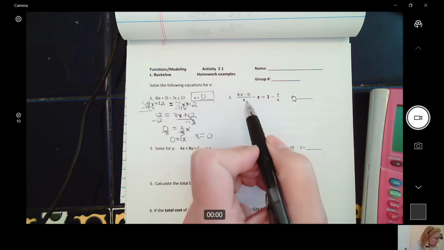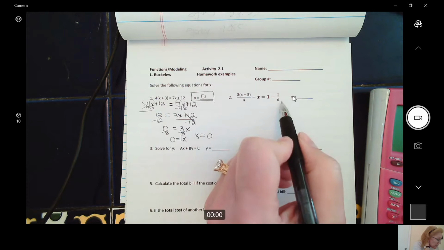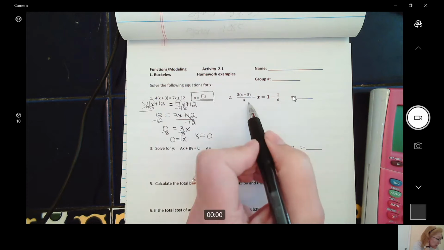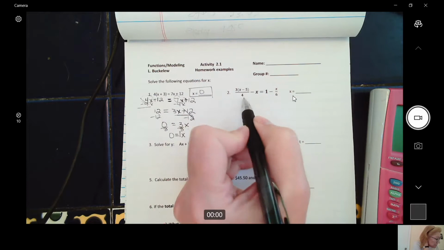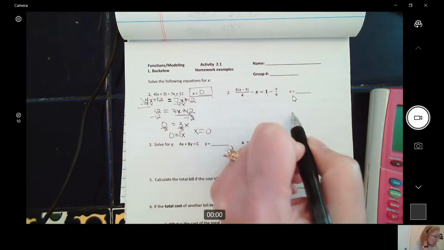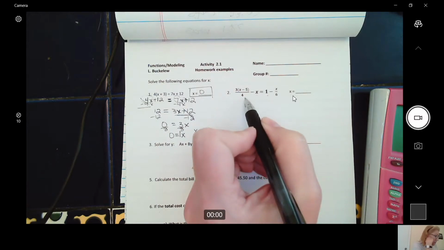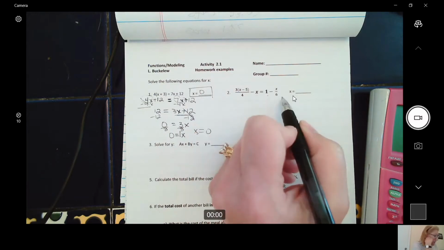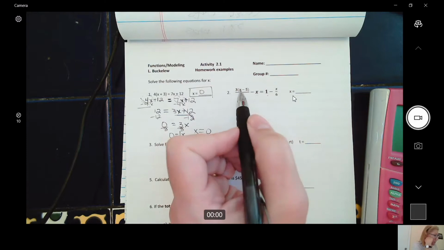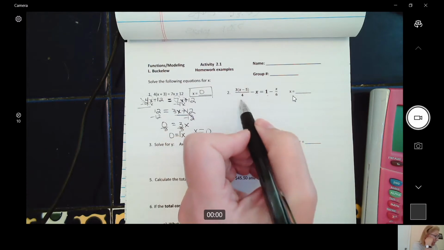That's fine. But we also kind of recommend getting rid of these fractions if possible. So that's what I'm going to choose to do. I'm going to take each term. We have this first fraction, we have the x, we have the 1, and then we have the x over 6. I'm going to pick the common denominator, the least common denominator between 4 and 6. You can also call it the least common multiple, in other words, the smallest number that divides by